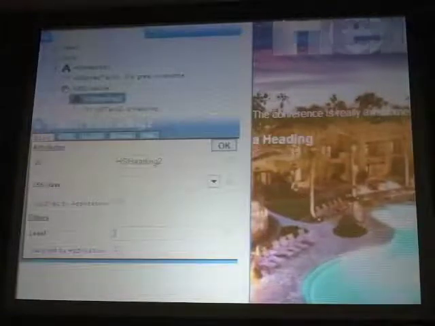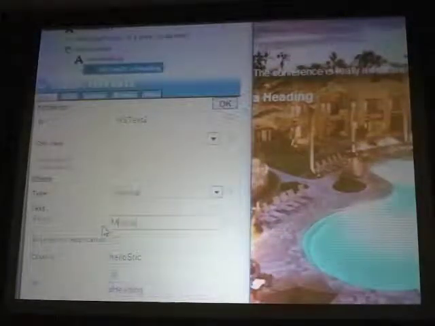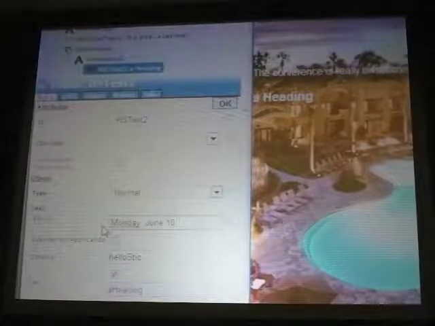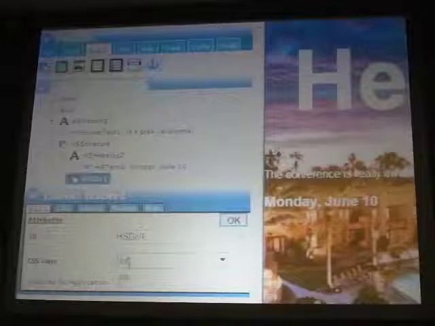Then we get a heading which is a little bit smaller, so it's level 3. And you always see that the preview is instantly updated. This heading is the label for the day. So here we say this is Monday, June 10th. Then we can add the schedule for this day. And here we use another div, and here we set the CSS class,